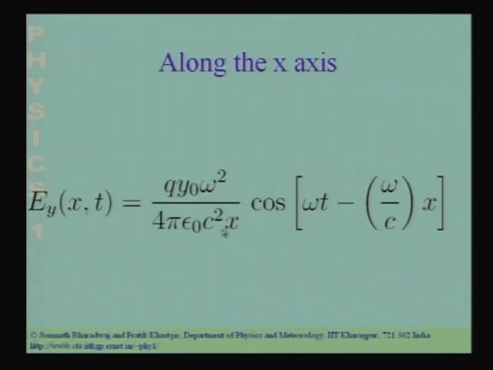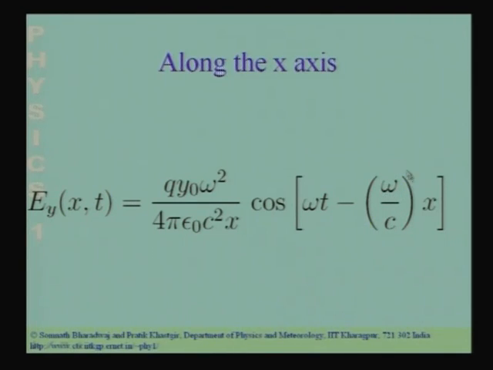If I change x by this small amount, the term outside over here is going to change by only 0.1%, and I can think of this term as being roughly constant. The change in x is only 0.1%. So, this term here is also going to change by only 0.1%. But look at this term, the cosine term. If x changes by 0.1%, it is not guaranteed that the change in this term is going to be small. There could be a very large change in this term over here, and the magnitude of this change is going to depend on the value of omega by c.